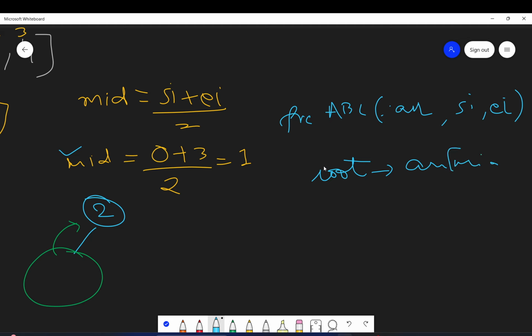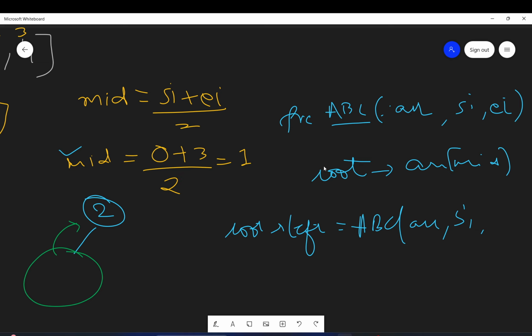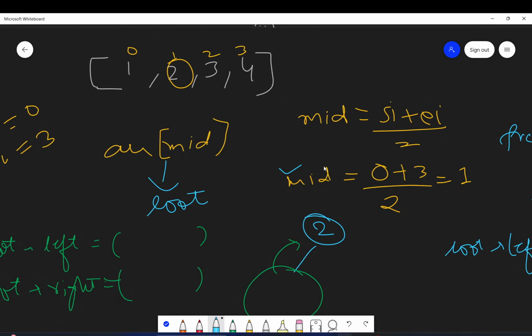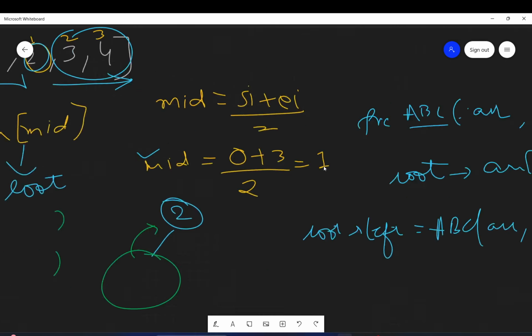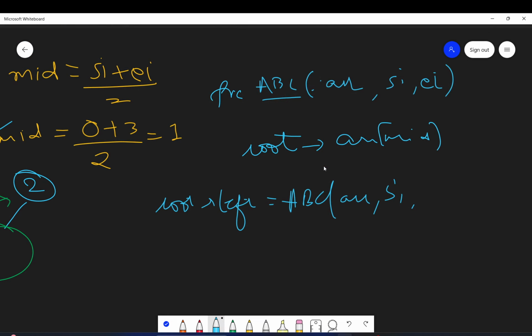Okay. And then root's left will be this recursive call again, but now with the starting index the same, and the ending index will be what? If you remember, we discussed that 2's left subtree will be whatever is on the left side of it, and 2's right subtree will be whatever is on the right of it. So the ending index will become mid minus 1, because at mid we had the root.